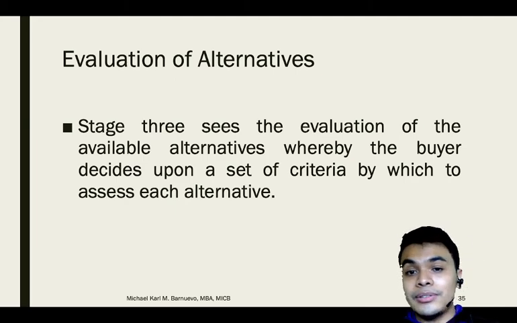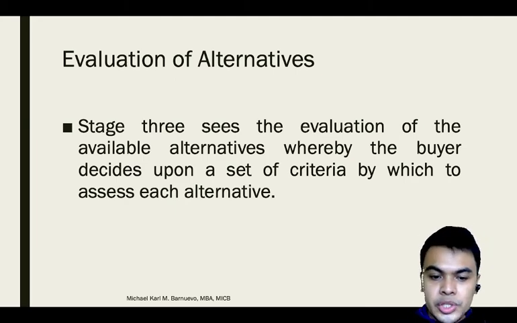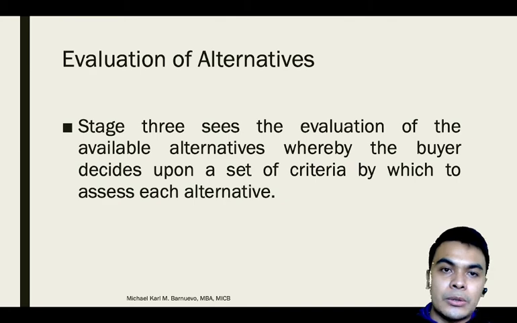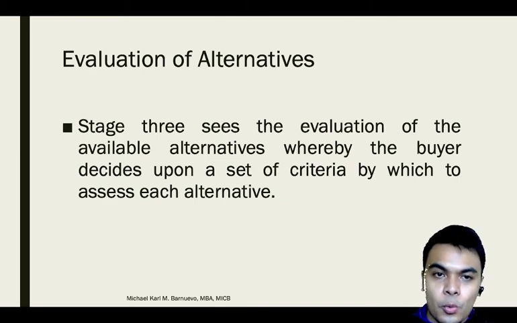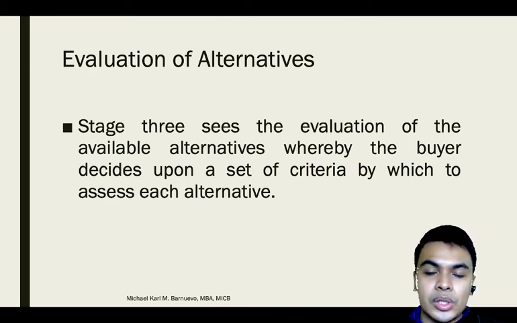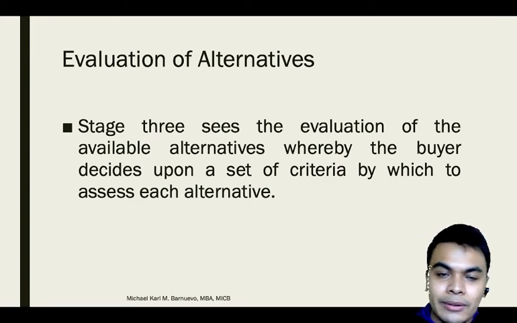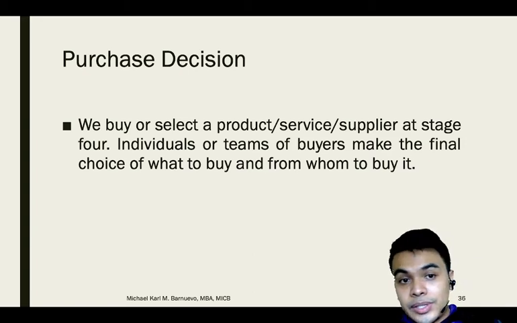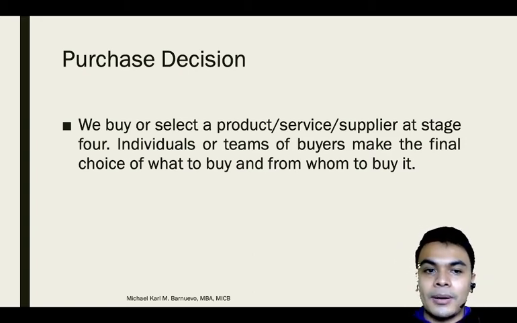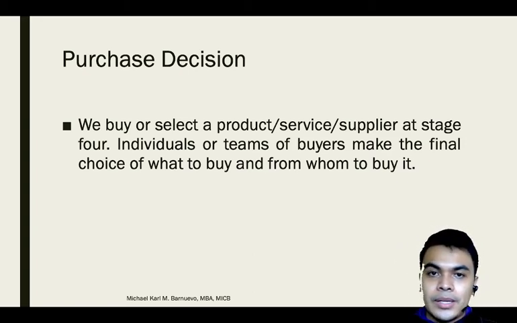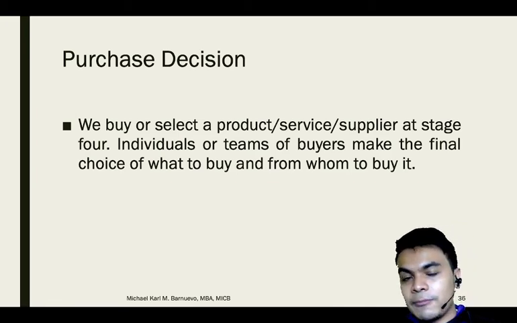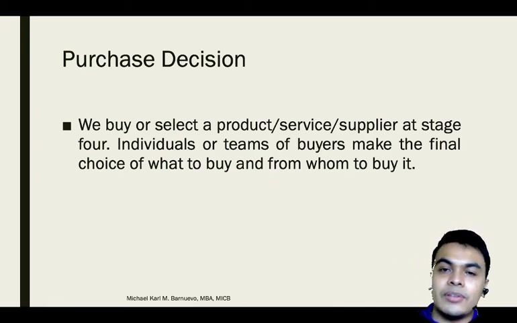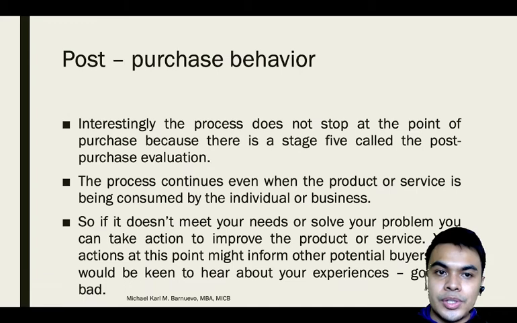So these are now different criterias, no? So which among the options earlier ang pipiliin ko? Is it the Oppo, the Huawei, the Samsung, the Xiaomi? Oh, alin doon ang fit sa aking needs? And after that, we now create the decision. No, we buy or select a product dito sa stage na to. So after assessing those alternative products, I have decided that the best value for my money is Huawei. Yan. Yung Huawei ang binili ko. That is now the purchase decision.